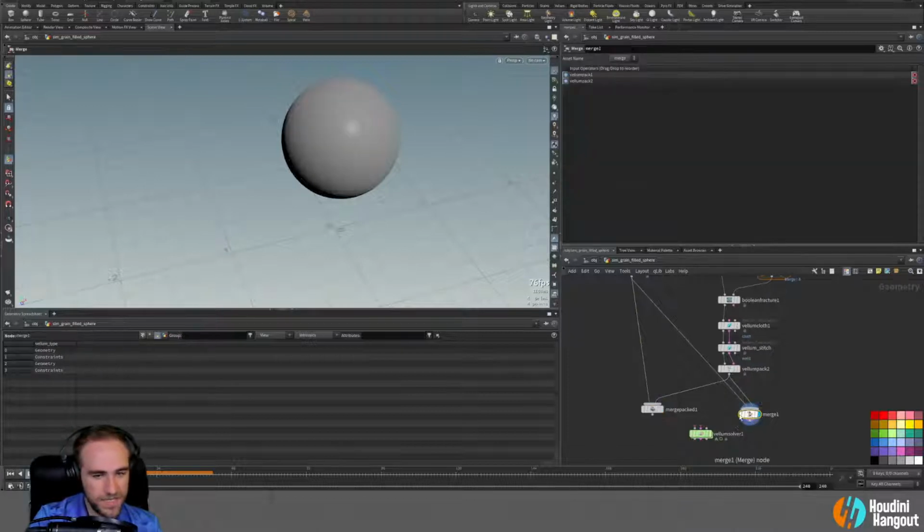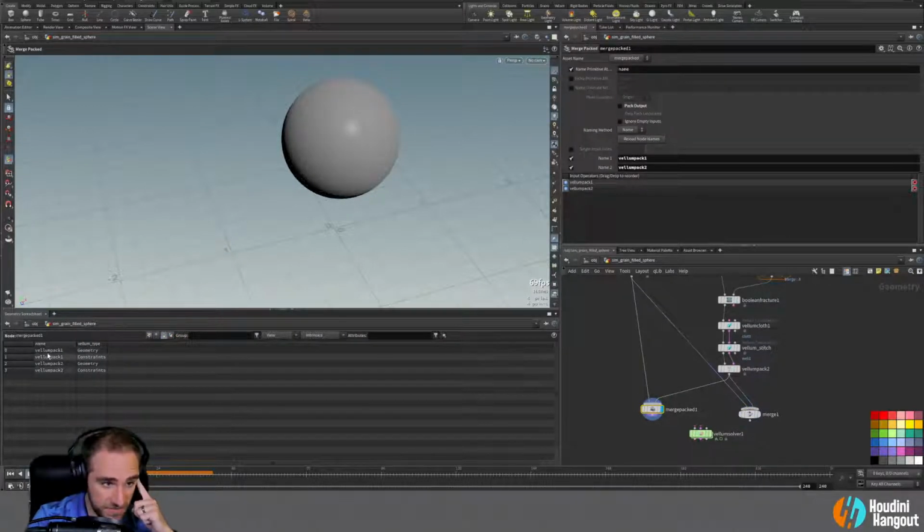What's the difference here? Oh, okay. There's the difference. So this is interesting. This one actually puts in the name of the node that's coming into it, which could be helpful in the